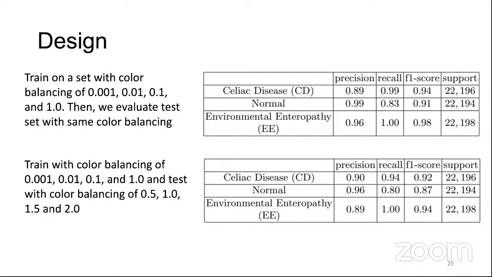And we do it as well when we change the color balancing in the test set. You can see that the approach remains robust to these kinds of things. That's what we're trying to show with the accuracy here. The important thing is that we're getting better accuracy than pathologists with environmental enteropathy, because it is a new disease, not well understood. And it's robust to this color balancing problem that we mentioned with the H&E staining. That's the kind of result that we like to see in these approaches.